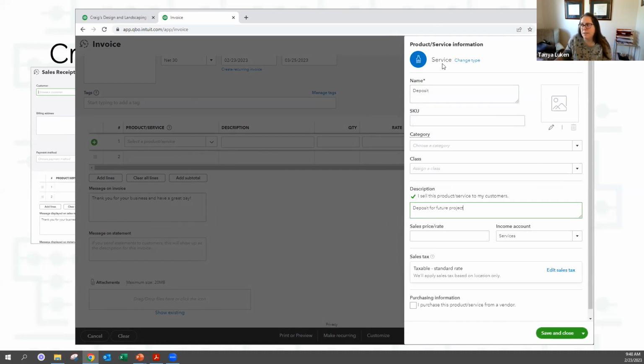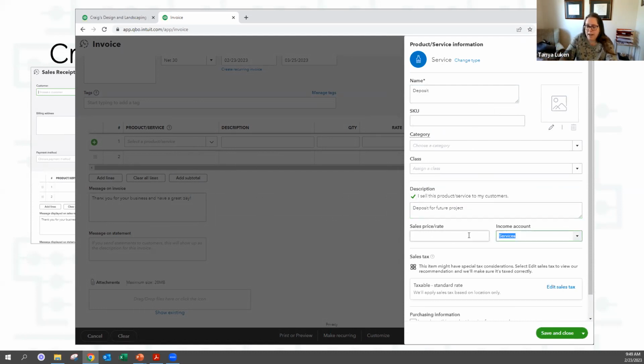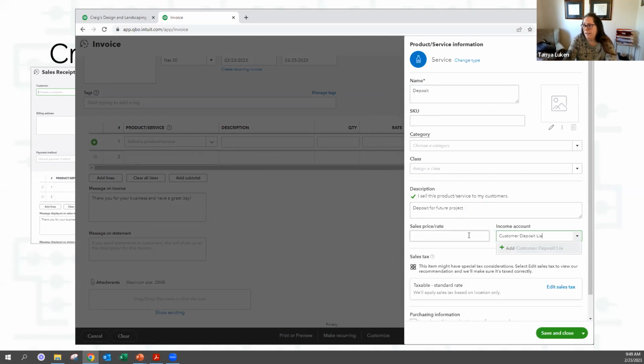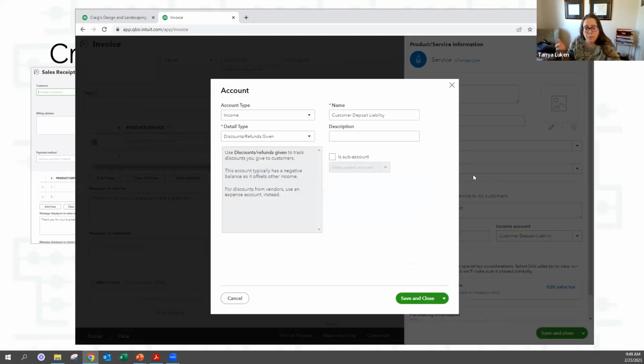What I like to do is set it up as a service item because it's technically not revenue. It's not inventory, it's not a non-inventory part and it's not a bundle. So you could say deposit for future services. And then I also like to make it track to a customer deposit liability, which I don't have in this QuickBooks because technically, with my accountant hat again, when you collect money from a customer, you owe them the work or the money back.